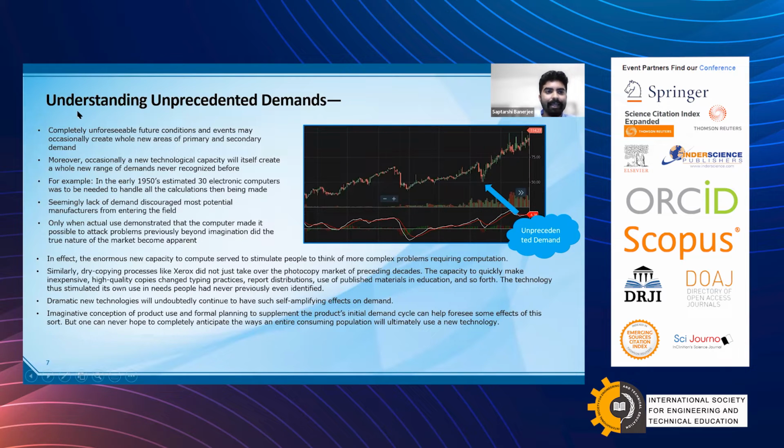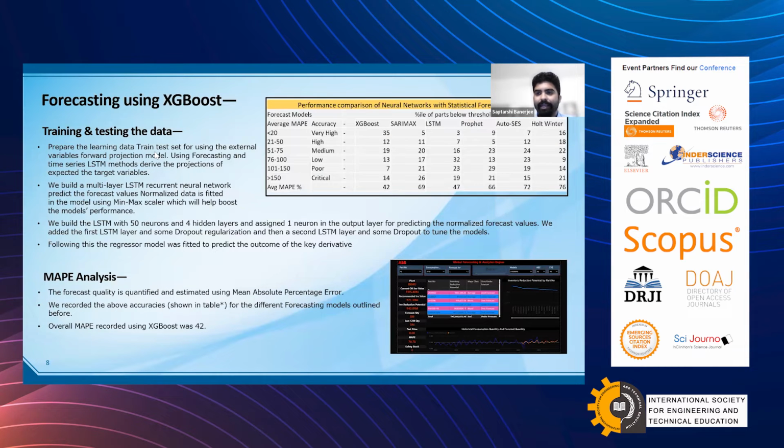So we did extensive testing of the model. We fitted the underlying data set with the projections from a different model, which is known as LSTM, the recurrent neural network model. And then the key derivatives, the key projections which came out from that, were fitted into the regressor to find out the final forecast. We got a mean absolute percentage error of 42, which we found to be reasonably good,